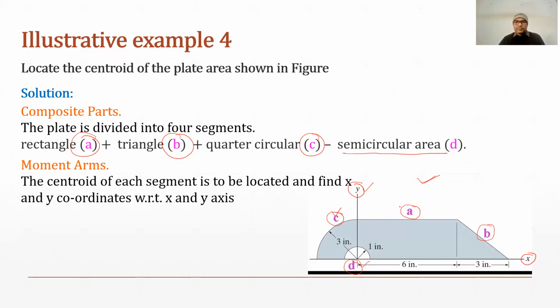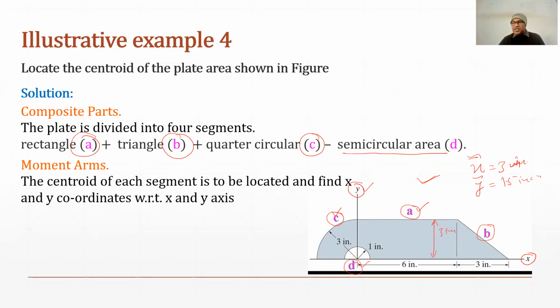x approx coordinate of quadrant circle will be treated as negative. So in this, if we take the area of A, so in that case, x approx will be how much? It will be 3 inch actually. Similarly, y approx for area A will be, the height is how much? It is 3 inch. So it will be 1.5 inch.